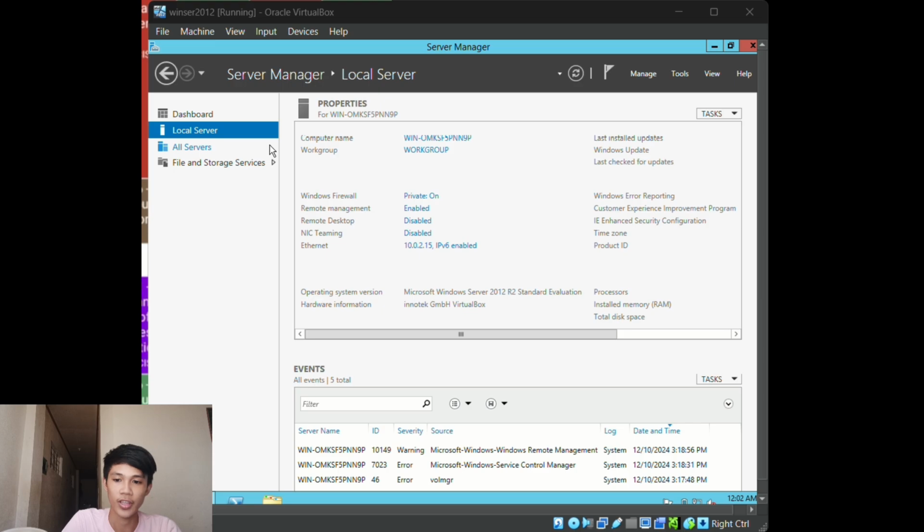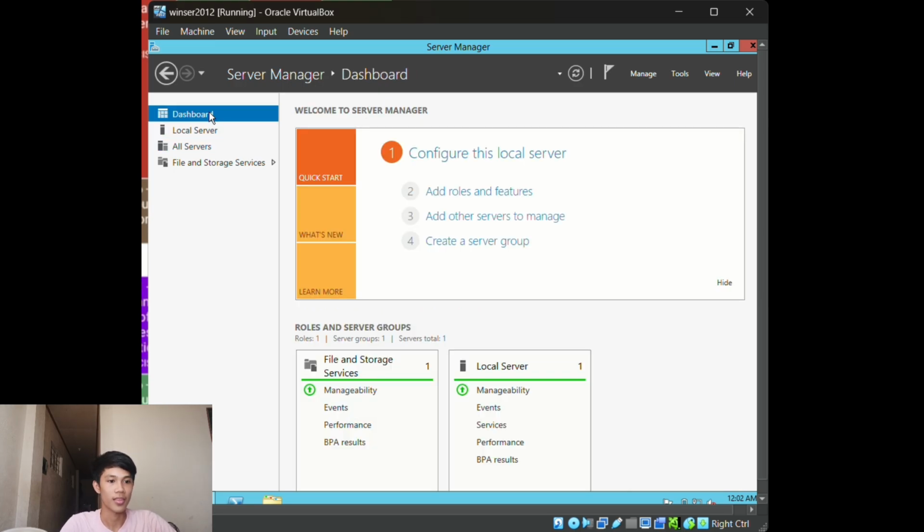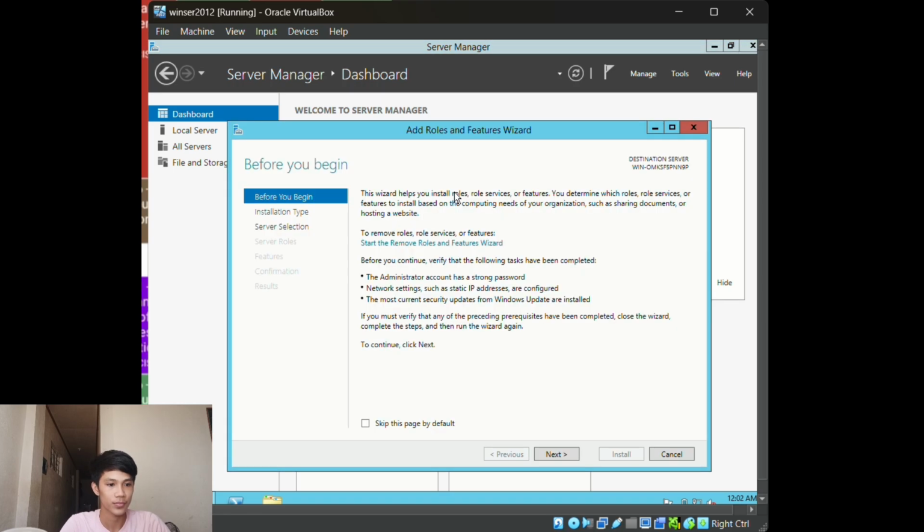After configuring the IP address, we go to dashboard, then add roles and features. After that, we're going to click next.